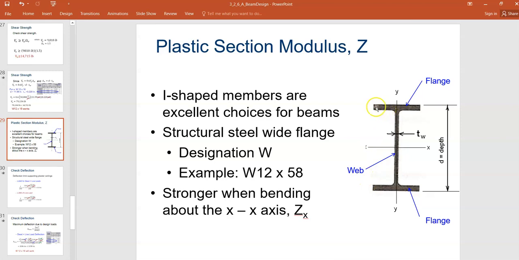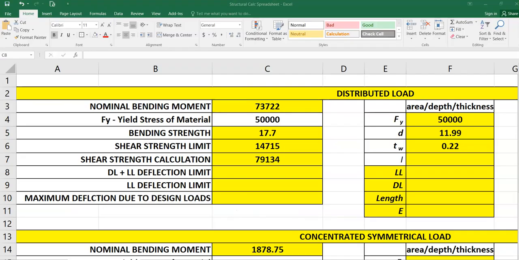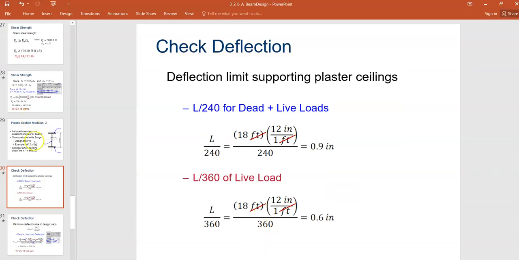We can get more into the other dimensions up here at the top as we go on, but this gives you an idea of what you're going to see when you're talking about sizing a beam. So now we're going to go to check deflections next. So we have our dead load and live load deflection limit and just our live load deflection limit. So our live load that we said earlier in the value, the live load we had earlier in this was,